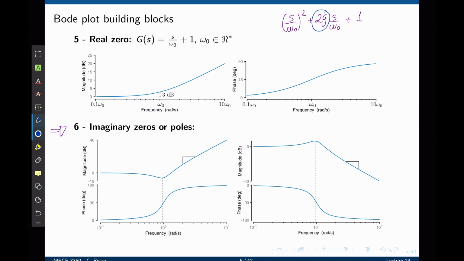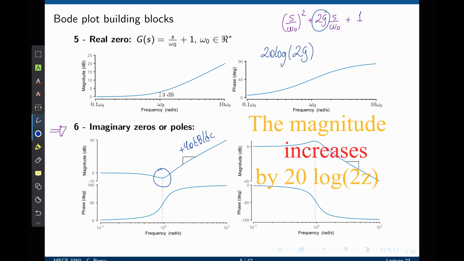So let's analyze the imaginary zero. Up to the cutoff frequency, the imaginary zero will have a magnitude of 0. And past the cutoff frequency, because this is equivalent to 2 zeros, the magnitude now goes up by positive 40 dB per decade as opposed to 20 for 1. The phase of the transfer function goes from 0 to 2 times 90 degrees, 180 degrees. And at the cutoff frequency specifically, the magnitude of the transfer function is 20 log